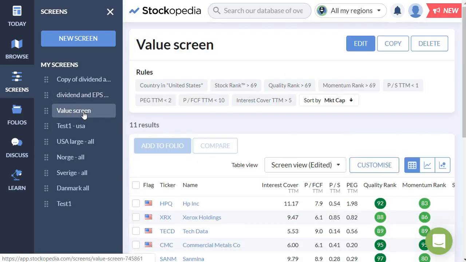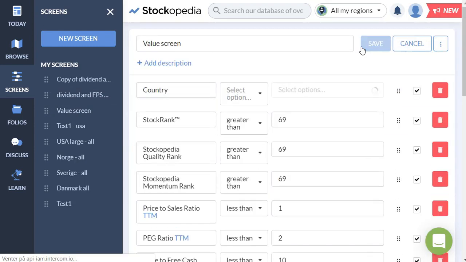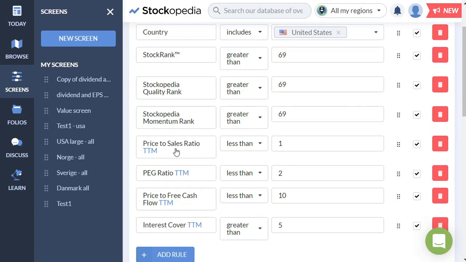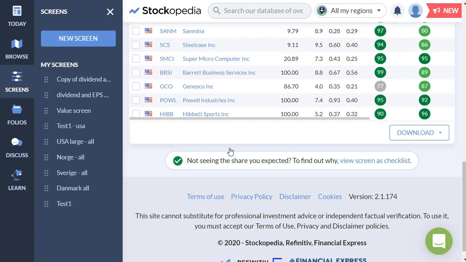I have tried with a value screen, where some different stocks come up. You can see here I'm looking at good stock ranks and quality rank and momentum ranks, but I'm also looking at a good price to sales ratio and a low PEG ratio and so on, a good price to free cash flow and good interest coverage. So that gives me some